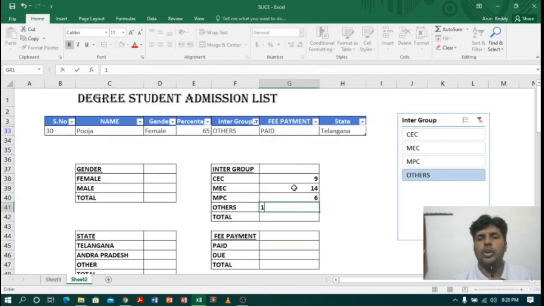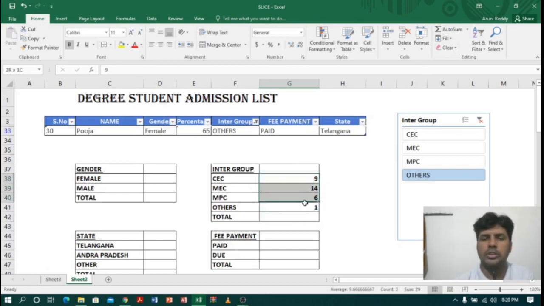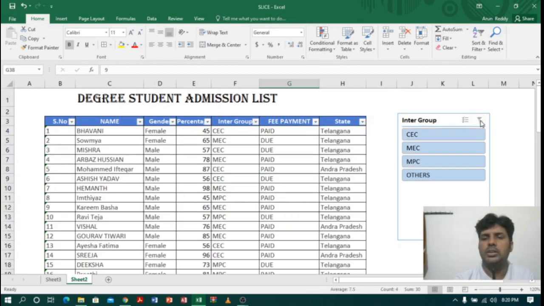Now if you want to check whether the data is correct or not, select all the list, go to auto summary, and here you have to find 30, right? Let us select once again, go to auto summary. See, it is showing 30. That means my data is correct. Nice. So let me clear the filter. To clear the filter, you can click here. Now again my data is as usual.